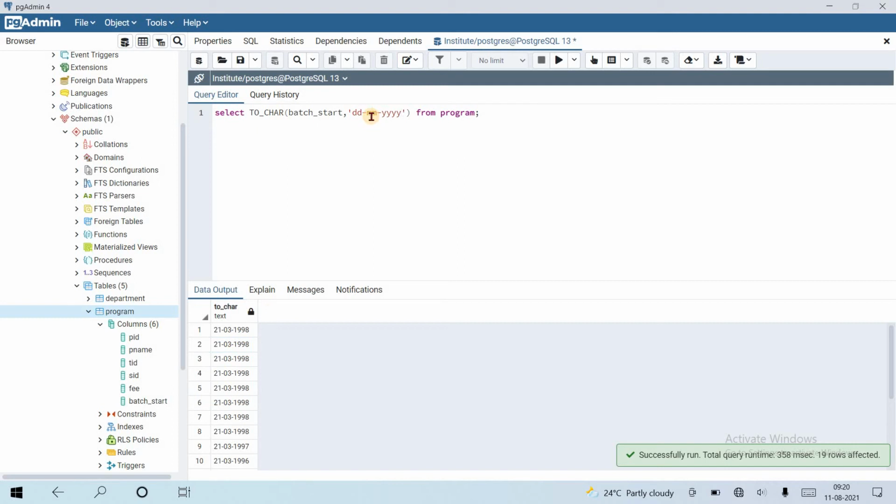Suppose month is MON. It gives the month with the first letter capital and the remaining small. If I make this M small, then what happens? March, MAR, all month letters are small. Suppose DY.